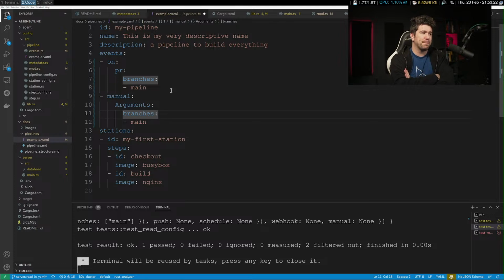So I think a PR could be manually run. So this could also be manually run, but what is its argument? Its argument is the branch that you're trying to target. And so you need to provide that value. So if I go to run this manually,